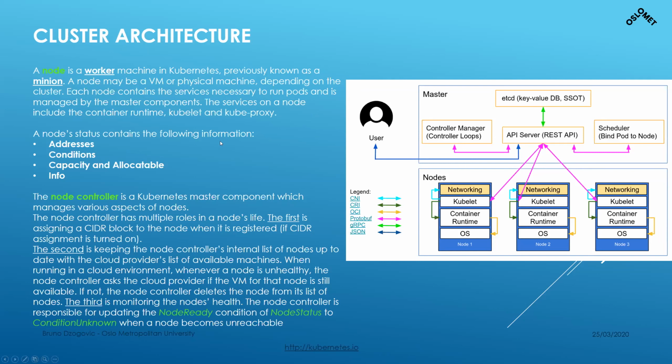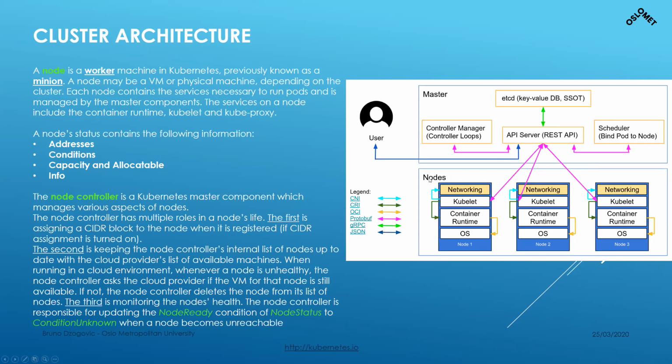The node status is reported as follows. First the addresses, which is the first important part, then the conditions, capacity and allocatable space, and then information about the node. This goes all the way from the operating system on the node through the container runtime, Docker, which reports to the kubelet service, and through the networking, it's informing the API server what's happening inside the cluster. So the API server gets all the information necessary from all the nodes, and then the scheduler and controller manager can act according to this information. This is how things are done in Kubernetes.